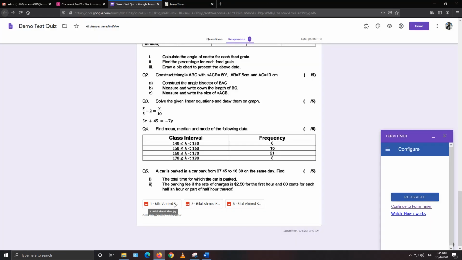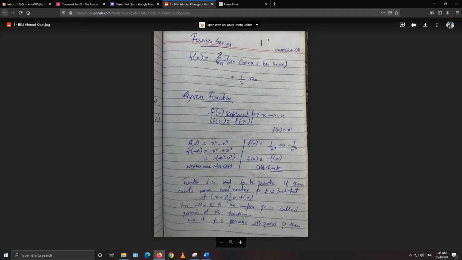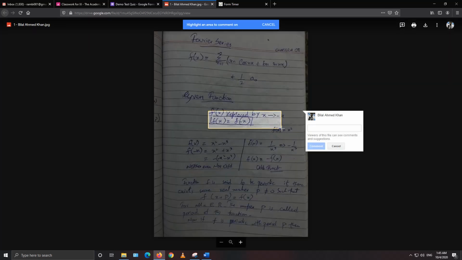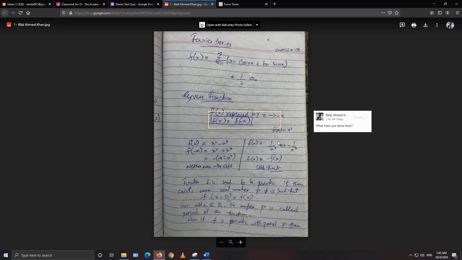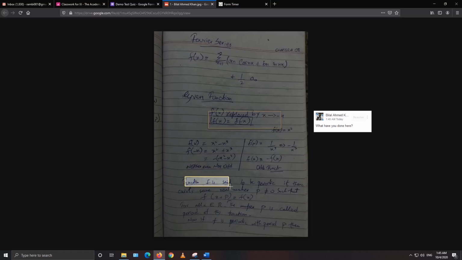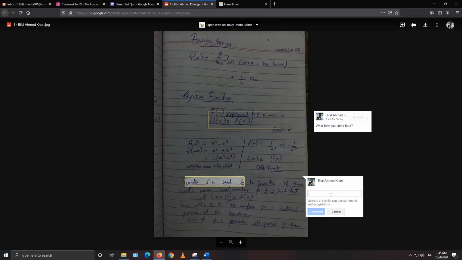In the descriptive, I added 3 pictures, so the teacher will be able to see these pictures as well. They can open it under Google Drive, and they can always check it like they used to do in Google Classroom. They can add a comment, for example, what have you done here, or any comment they think is suitable for the students to know that they have done right or wrong.